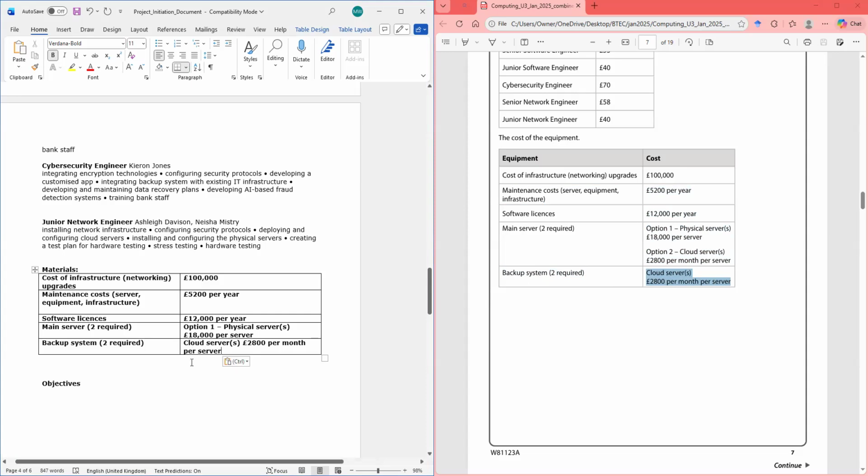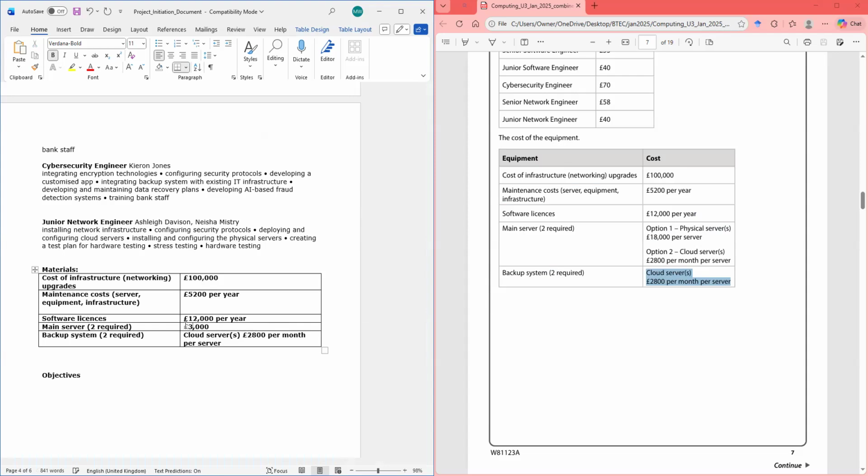Okay, so now let's clean this up a bit. Main server required, these are physical servers. Option 1, we don't need that. We just need to put the total. So this would be 36,000 here because it's 2 times 18. 2 required for this one per month per year. So we're going to multiply this by 2, then by 12, which is going to give us approximately, hold on,